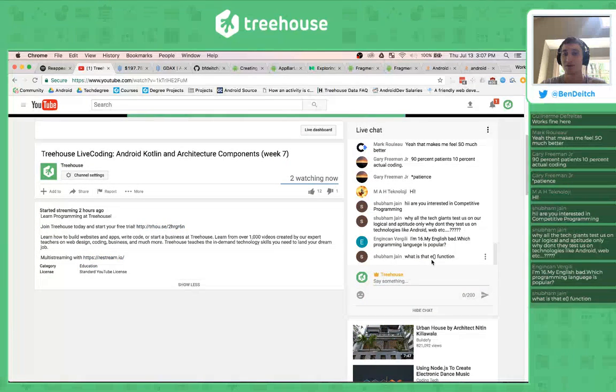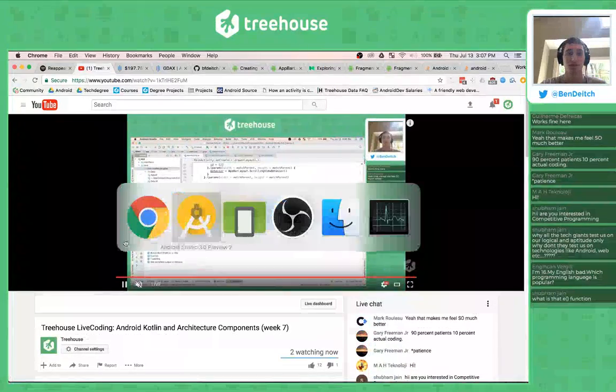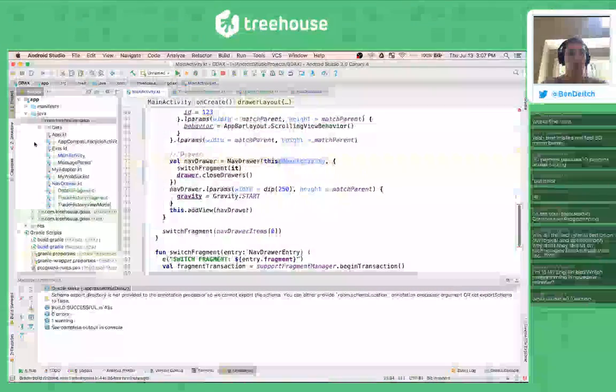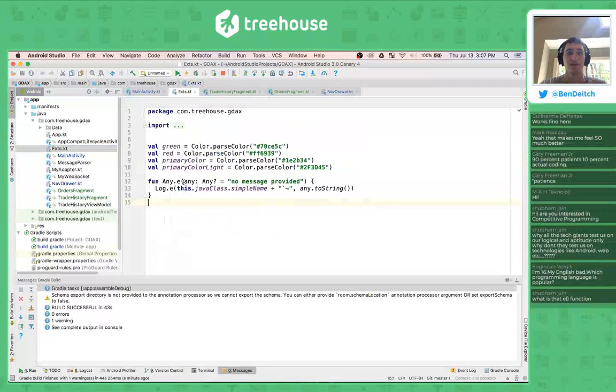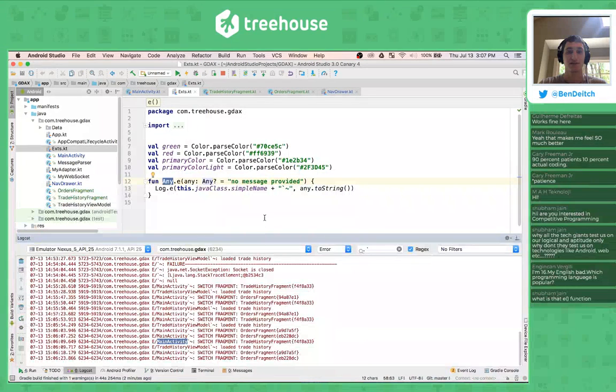All right, Shelbam asks, what is that E function? Let me show that. That's one of my favorite functions in here. So E, in this extensions file, is an extension function on the Any object, which is just like the Object in Java. So anywhere I can just call E and provide a message that is anything, even null. And if there's nothing there, it'll just say no message provided. And then it's going to call Log.e, and for the tag, it's going to use the class of whatever I called it on. So, for example, here, MainActivity,